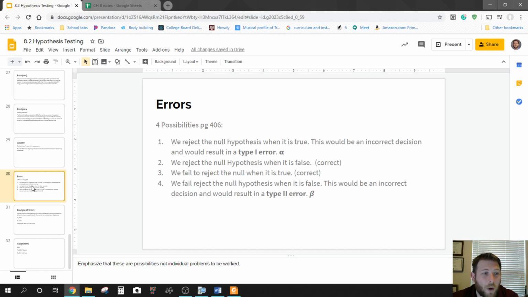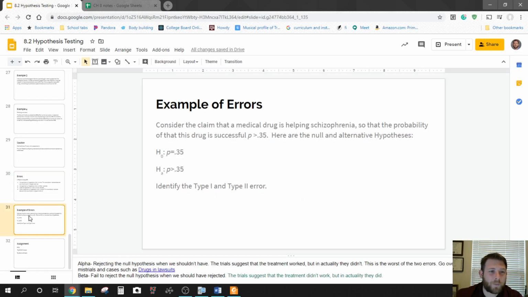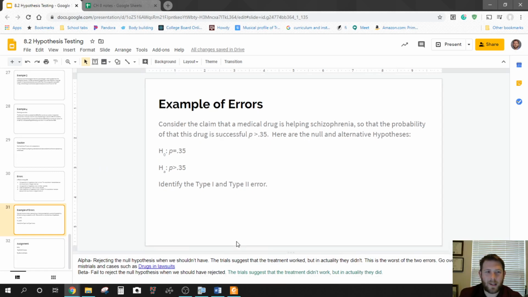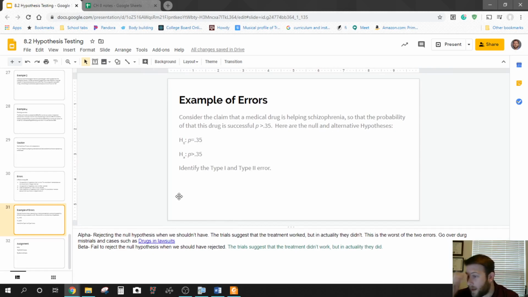Now, for your homework, all you're going to be doing is identifying what type 1 and type 2 are in terms of the problem. So here's our example. Consider the claim that the medical drug is helping the schizophrenia, so that the probability the drug is successful is 0.35. Here are the alternative hypothesis. We just discussed that. Now, what I do want to bring up is if you pull up my slides down here, I have